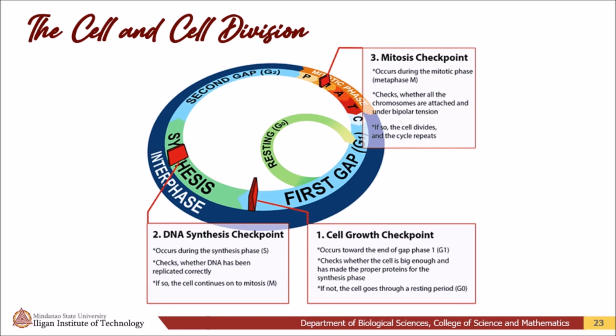Now that we have finished characterizing chromosomes, let us now continue with the cell cycle. A checkpoint is a stage in the eukaryotic cell cycle at which the cell examines internal and external cues and decides whether or not to move forward with division. There are a number of checkpoints, but the 3 most important ones are the G1 checkpoint at the G1 to S transition, the G2 checkpoint at the G2 to M transition, and the spindle checkpoint or the M checkpoint at the transition from metaphase to anaphase.